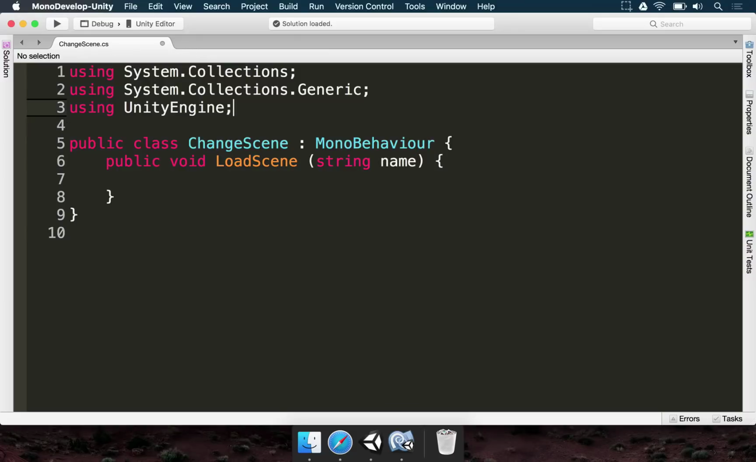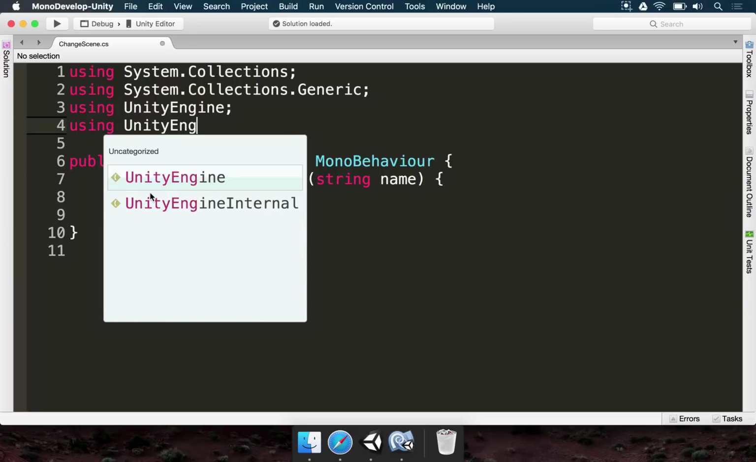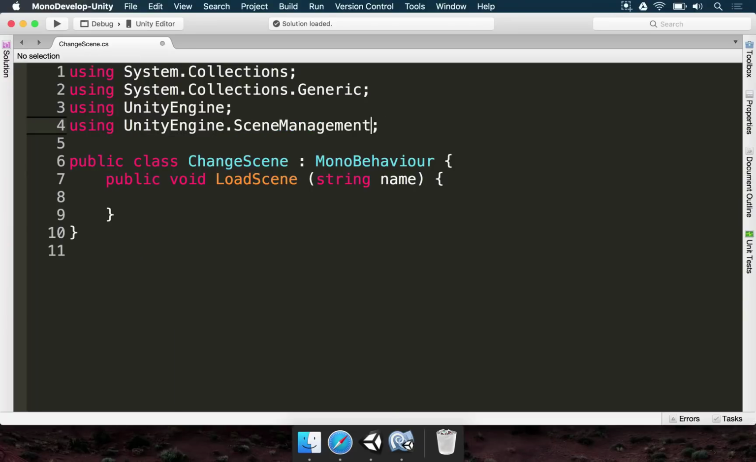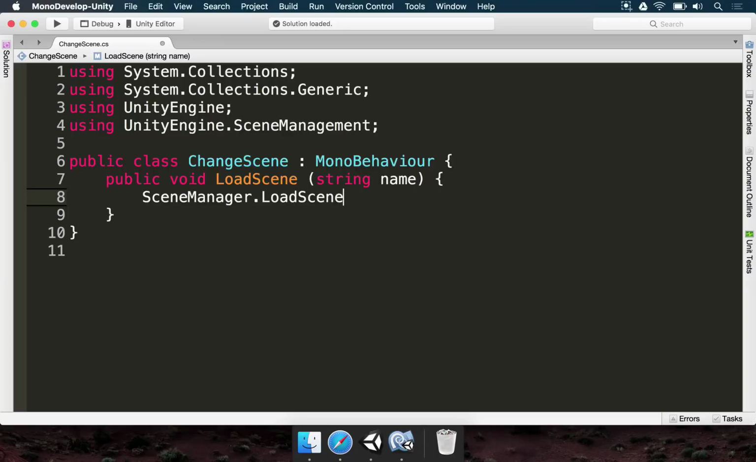And to load, however, we need to include the namespace here. We can't change scenes with a default script like this one. So here at the top, we need to add using UnityEngine.SceneManagement. This contains all of the classes, methods, and utils that we might want to use to change a scene. So now that we have this, in the LoadScene method, we're simply going to type SceneManager.LoadScene and